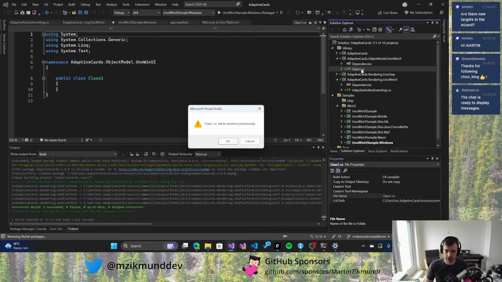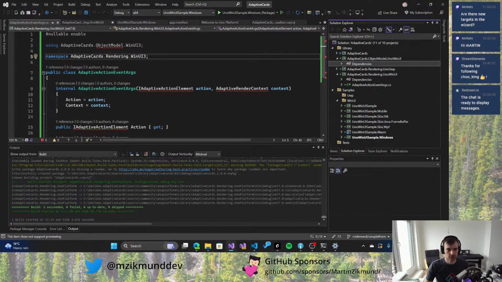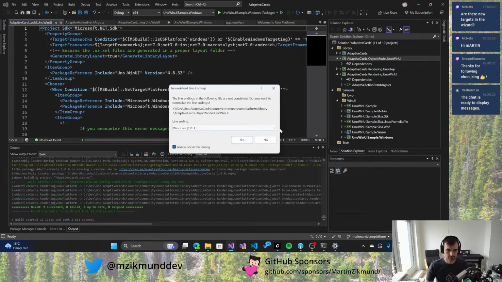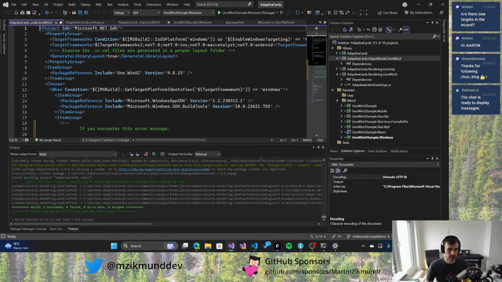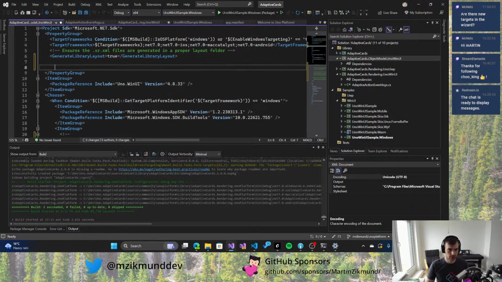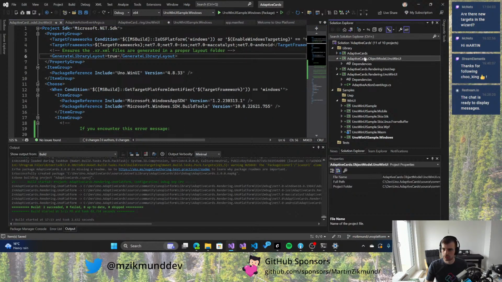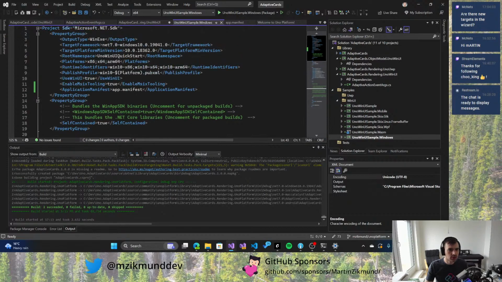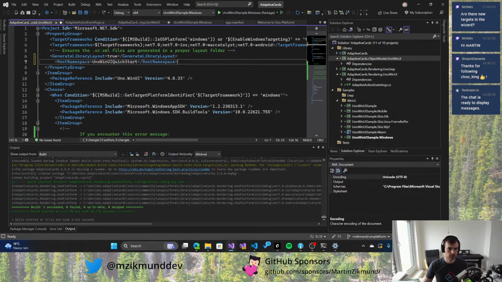So the solution now is a little bit messy, but we will survive that. What I will do is set the default namespace. How do you do that? The default namespace, is it root namespace, right? Root namespace. And let's call it